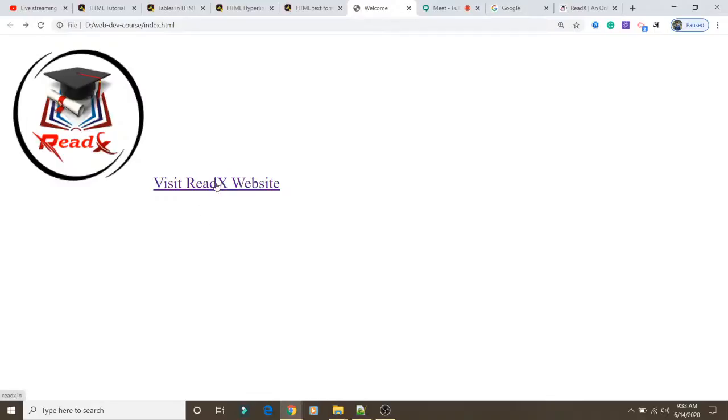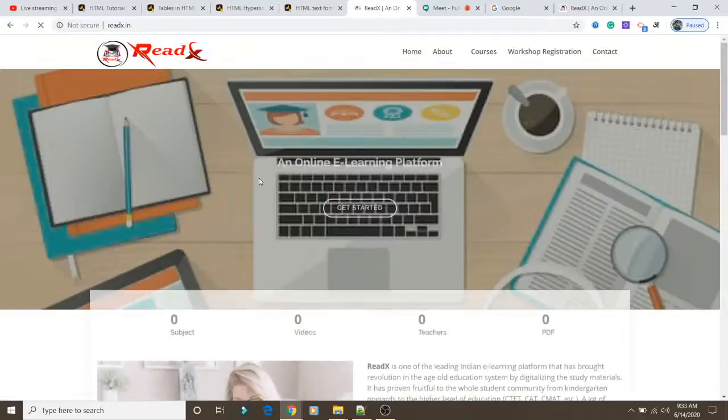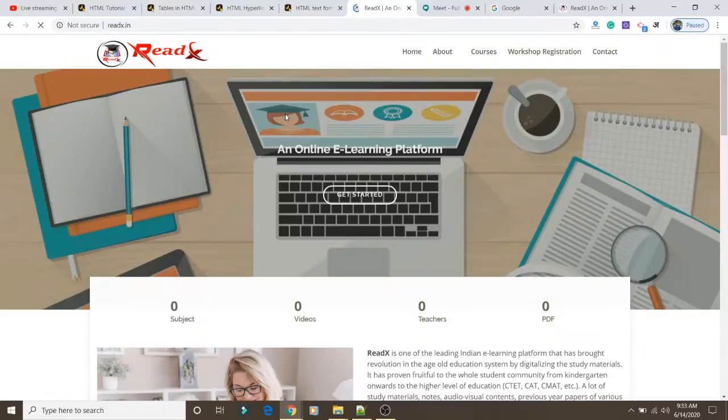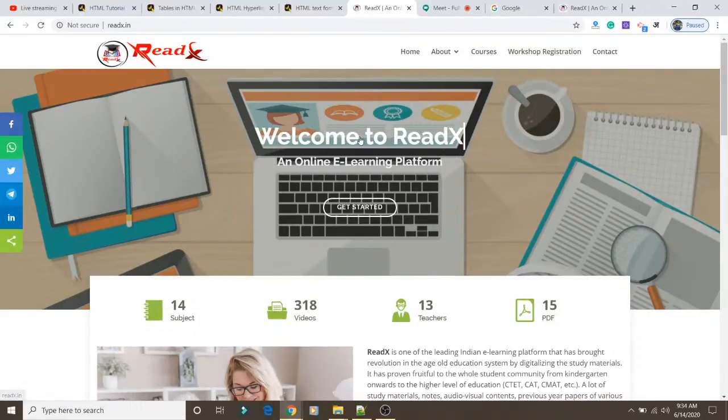If you click on this, the Redex website will open. You might have observed one thing: the page is opening in the same tab, the respective tab where we were working.